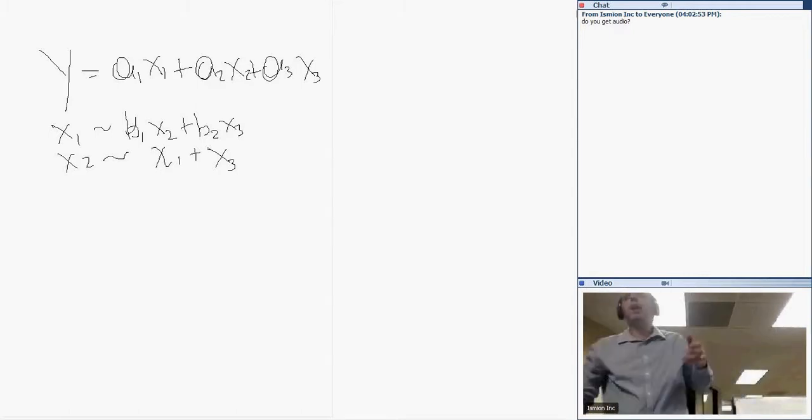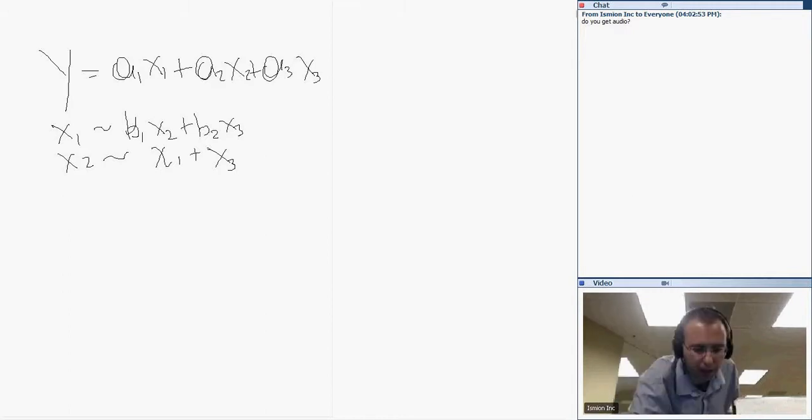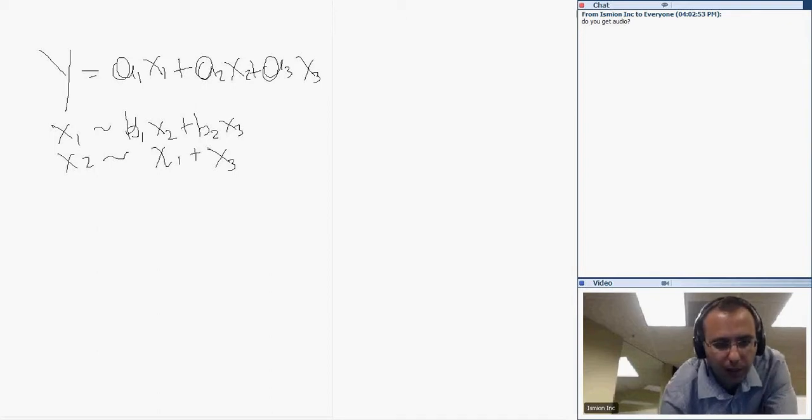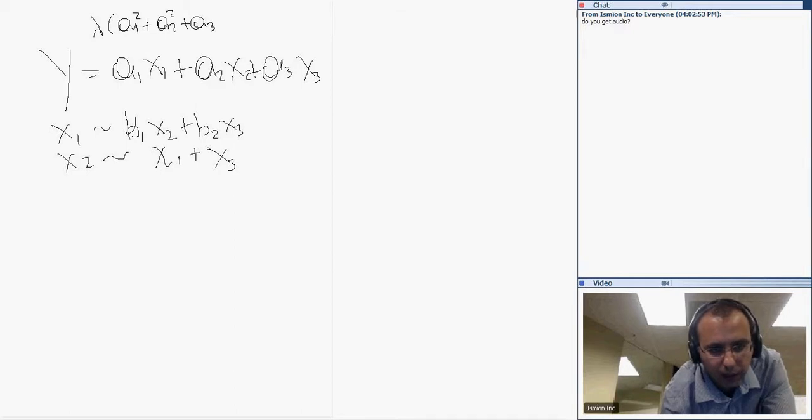So Lasso, let me clear that. So Lasso, this method Lasso, what it does is it penalizes the coefficients, but in a different way. So the ridge regression penalizes the L2 norm. Does anybody know what the L2 norm is? So Lasso will, let me write it over here, add a penalty function like that: A1 square plus A2 square plus A3 square. This is like the Euclidean norm. Okay? Now, this is what ridge regression does.